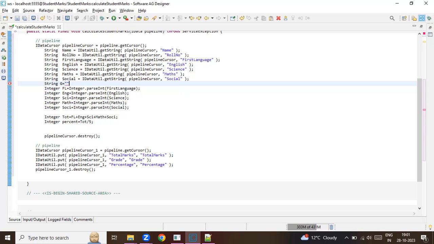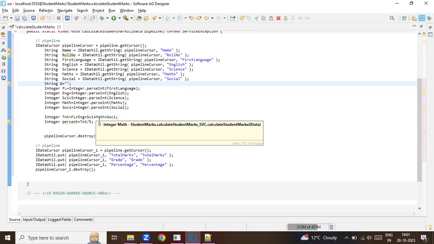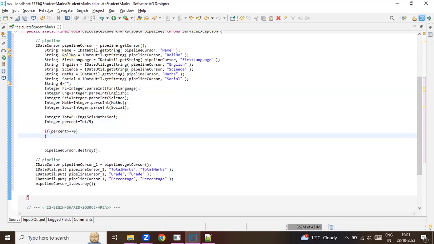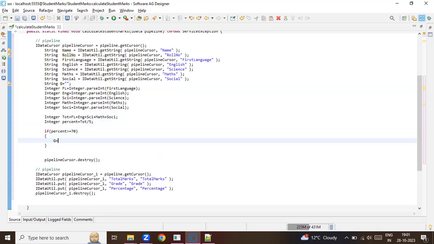Now I'm declaring a variable g, which will hold the grades. Now let's calculate the percentage. If percent is greater than or equal to 70, then let's say we'll say that distinction,